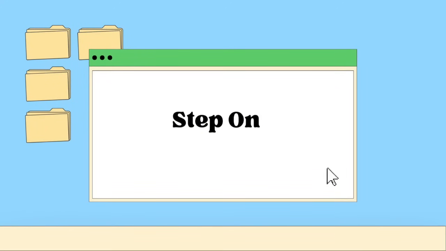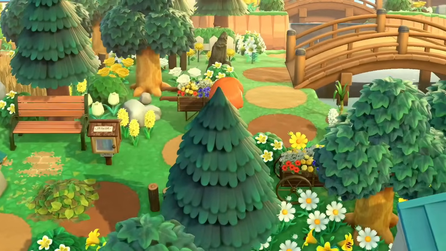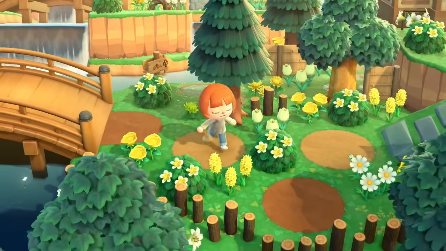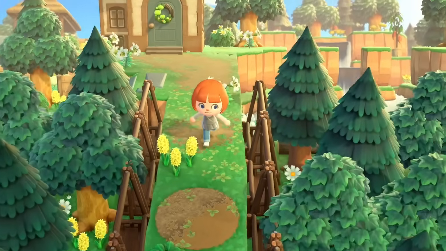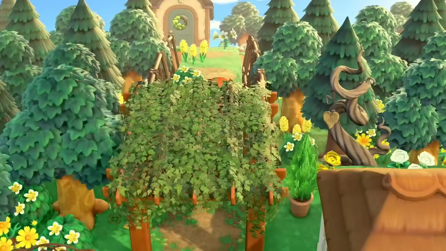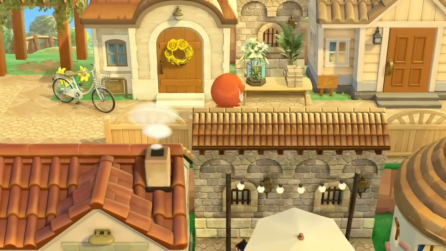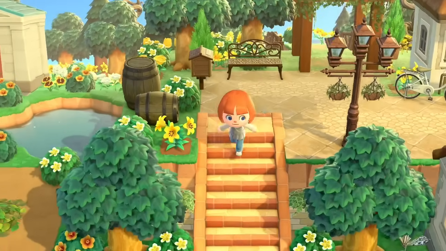First of all, before you reset or start designing, I think it's smart to choose a theme. What do you want your island to look like? This can be hyper specific like solar punk or super broad like normcore. Your theme can be as simple or complex as you like, or you can literally do an island with no theme and just build what your heart desires as you have ideas. Regardless, you're gonna want to know what your expectations are so you don't have to backtrack and demolish a bunch